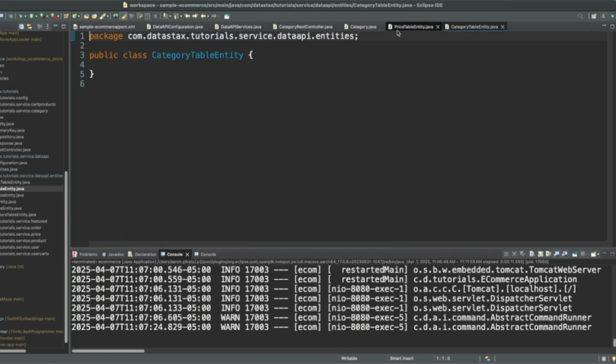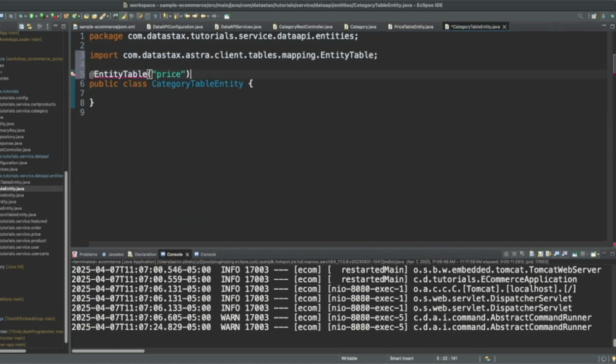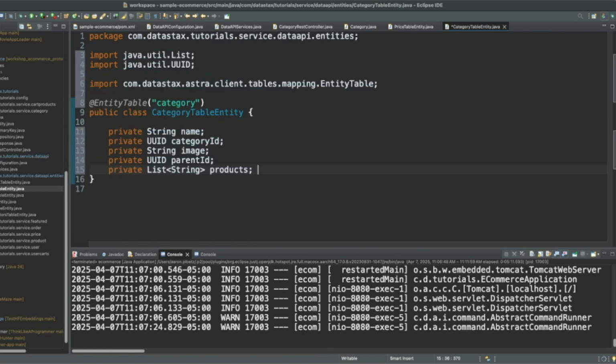All right, let's go ahead and copy that entity table annotation, and we're going to note that our table is named category, just like that. Let's go ahead and grab the existing properties from the category POJO and also drop them in here.